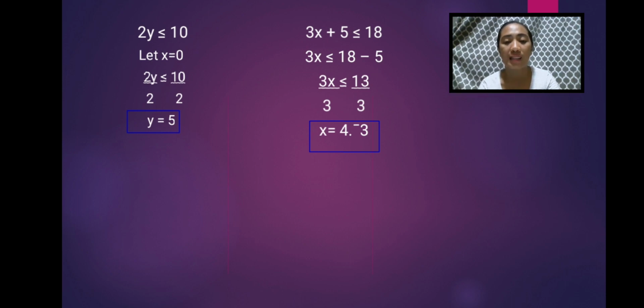So we have negative 5. So 3x is greater than or equal to 18 minus 5, which is 13. So we divide both sides by 3 to remove the 3 beside the x. So 3x over 3 greater than or equal to 13 over 3. So we come up that the value of x is equal to